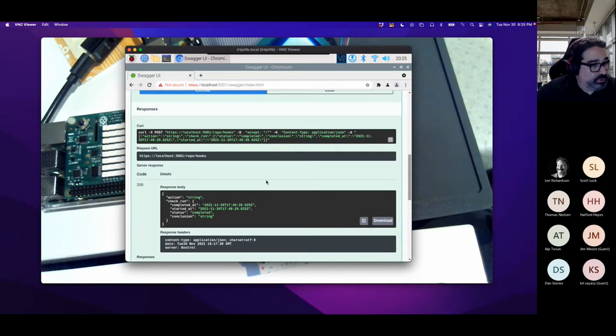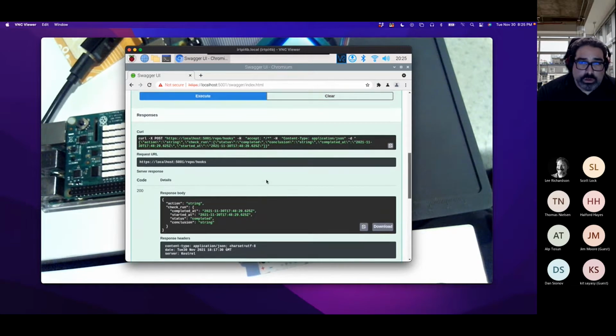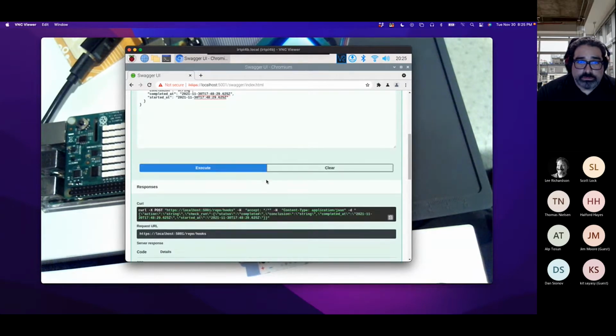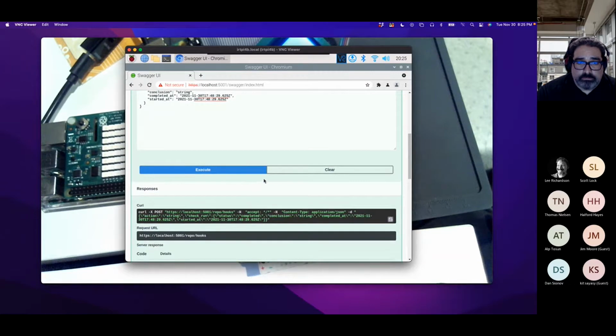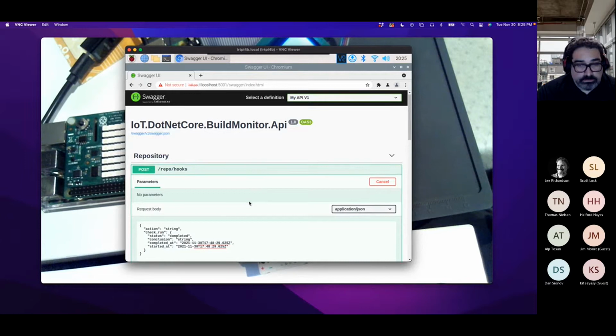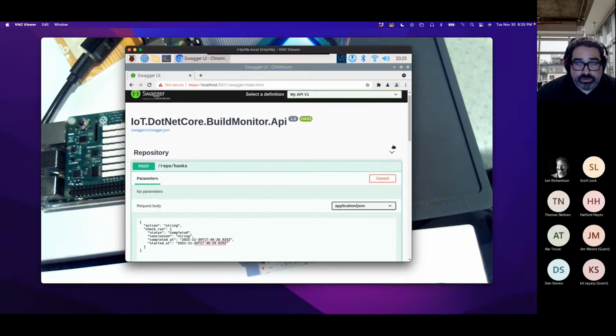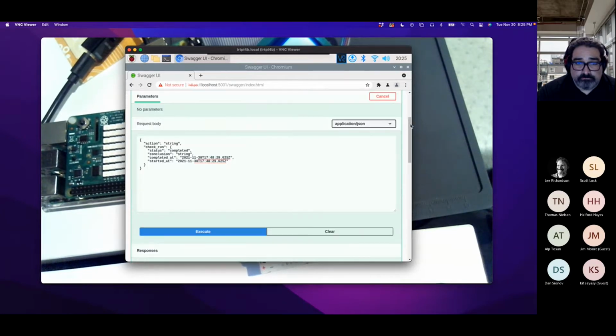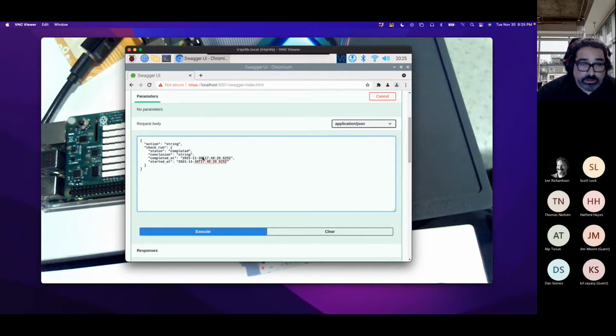This doesn't like to be too efficient when I'm sharing screen. But as you can see, basically we have a status completed and really nothing else matters for demo purposes.